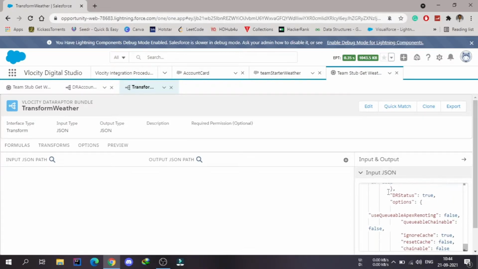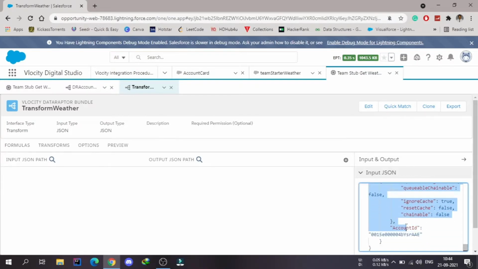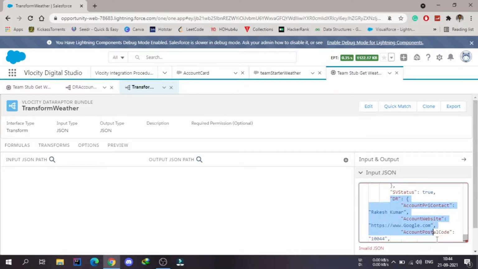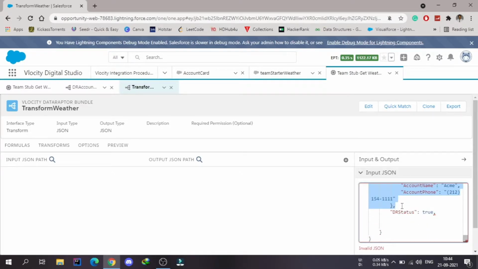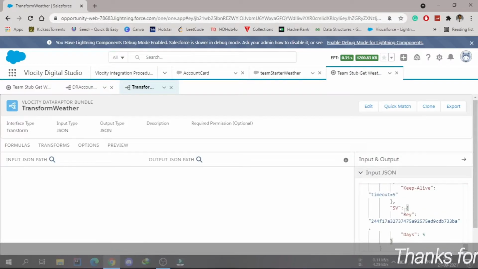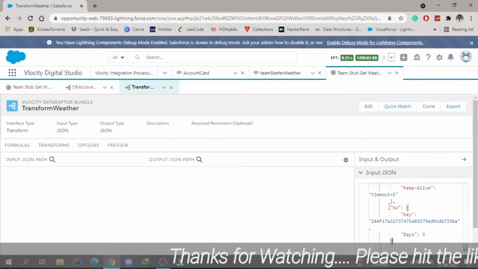We can remove the unwanted things from here. I can see this option I don't want, so I can remove this. This account ID I don't want, so I can remove this also. This whole Data Raptor also I don't want, so I can remove this. Now this is the valid JSON, but there is something like this SV.